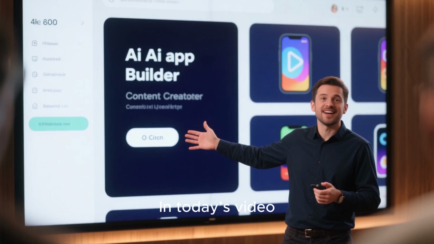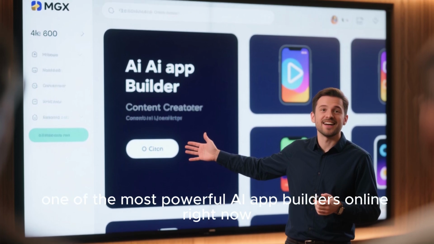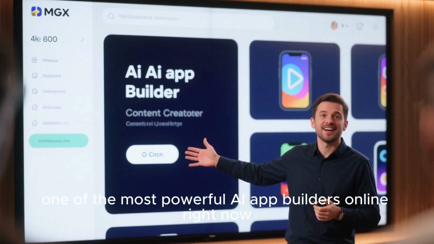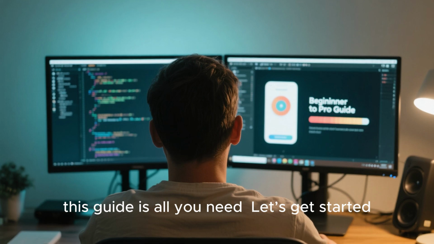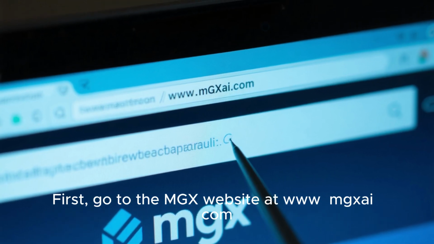In today's video, I'll show you how to build a full application in just one click using MGX, one of the most powerful AI app builders online right now. Whether you're a beginner or a pro, this guide is all you need. Let's get started. First, go to the MGX website at